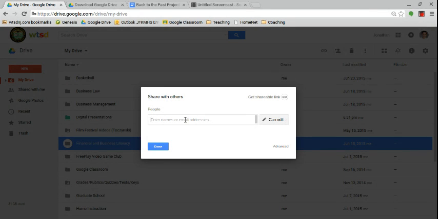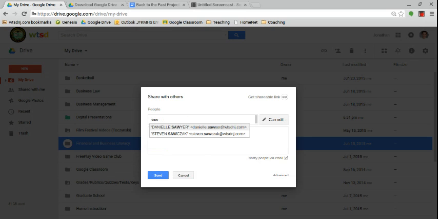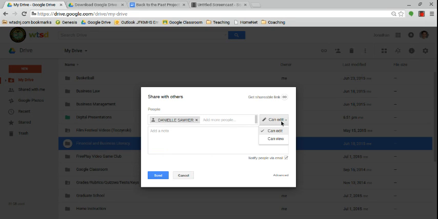So now for the person I want to share with, I will just type in that person's name. So I'll just type in Sawyer. You could type in your classmate's name. I would click her name. And on the right hand side, I can allow her to edit my files, or I can make her just able to view. So she can only view my documents. She can't delete them. She can't change them. She can only view those documents. So if I wanted to send that,